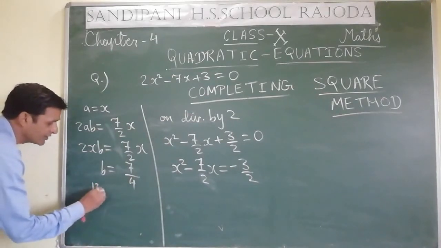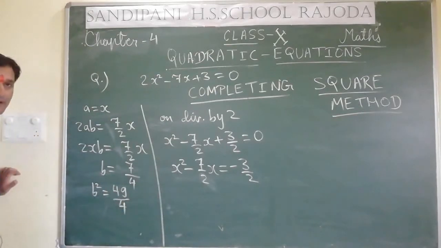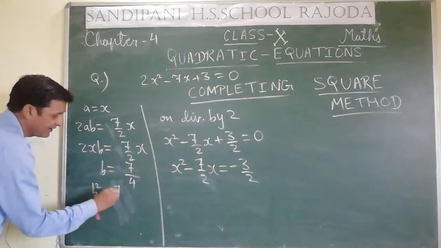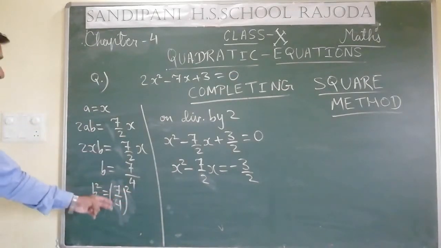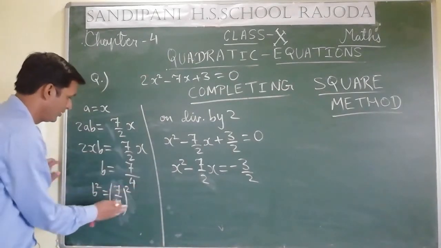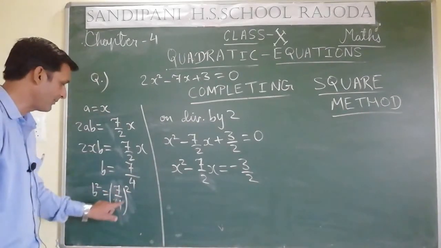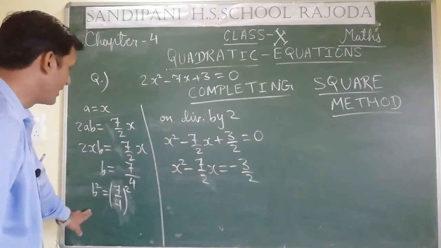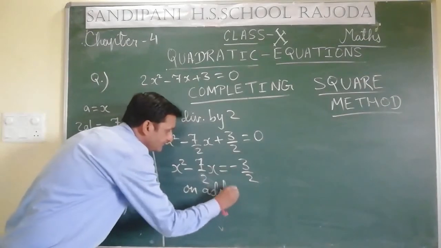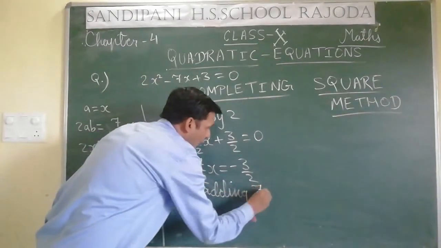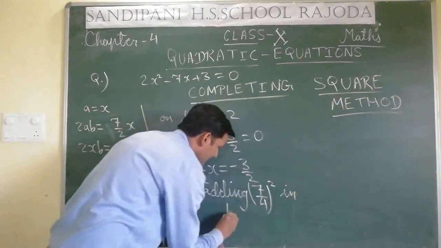B square value is 49 by 4, or we can say 7 by 4 whole square also. We may write it 49 by 16, or 7 by 4 whole square. So b square is equal to 7 by 4 whole square. Now on adding 7 by 4 whole square in both sides,